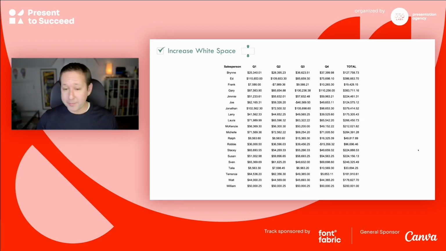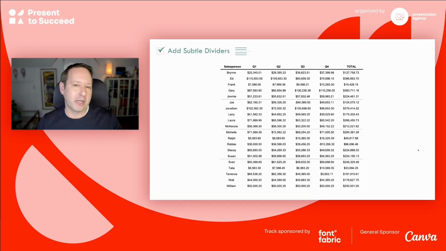But there are times when you have lots and lots of rows and it still is hard for the eye to guide across. Do not run back to grid lines, please. If you need dividers, use subtle, thin gray lines every fourth, every fifth, every sixth, up to you. That will help chunk things out and guide the eye across.